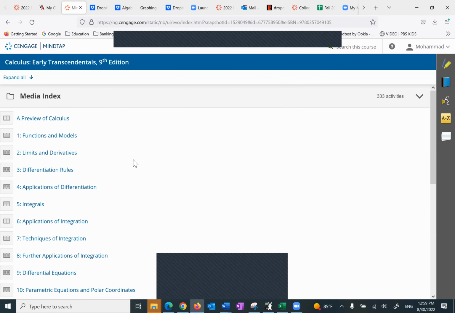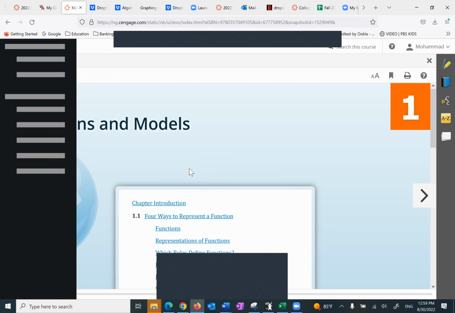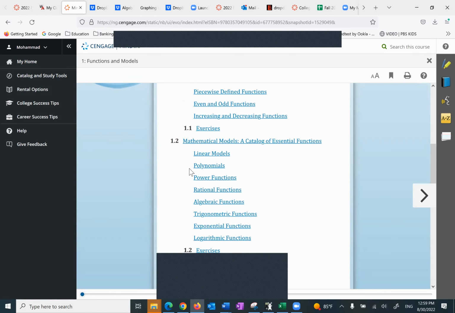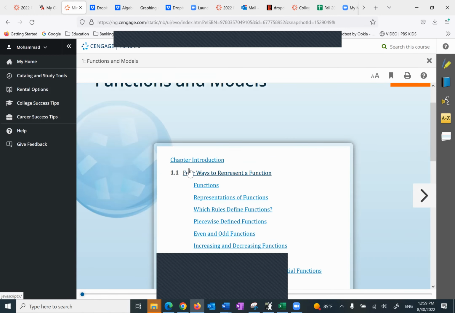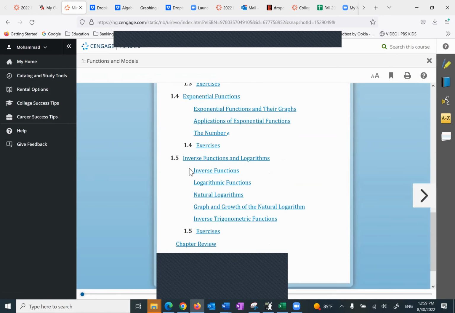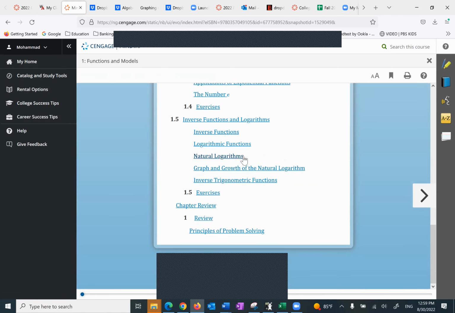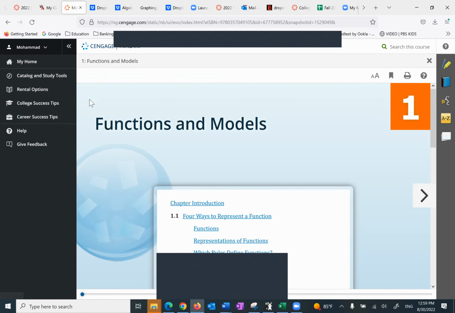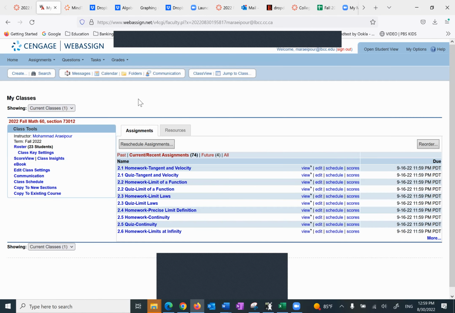So it gives you the chapters. For example, you click on chapter. If you want to read, you can do it here. We have the chapter 1 here with various sections. Of course, chapter 2, chapter 3, so on and so forth. So this is how you get to Webassign. You can start the ebook and read it,